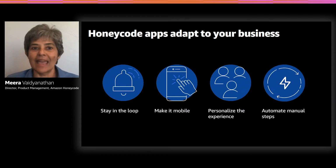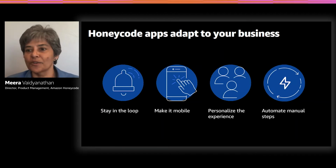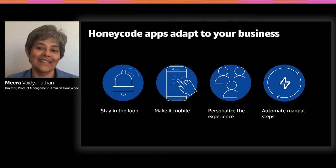And as I said earlier, our apps are available on web and mobile, so your team can be effective on the go, anywhere. And lastly, Honeycode apps help you automate manual steps, whether they're automatic reminders or notifications, saving valuable time, ensuring deadlines aren't missed, and saving endless post-it notes. Since launch,